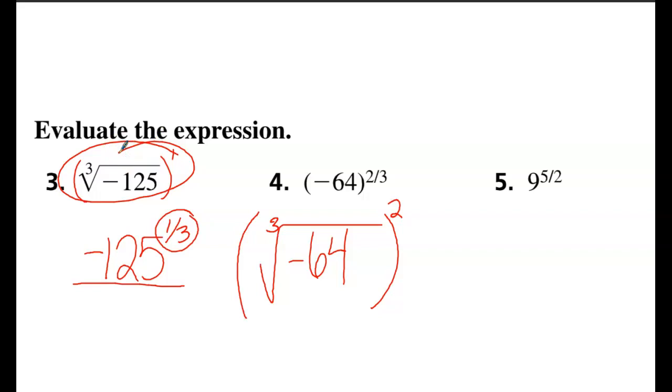How do I write number 5 using radical form? 9 on the inside, and then 2, and then parentheses 5. Good. Everybody good with that? Okay. I want you to go through and fix